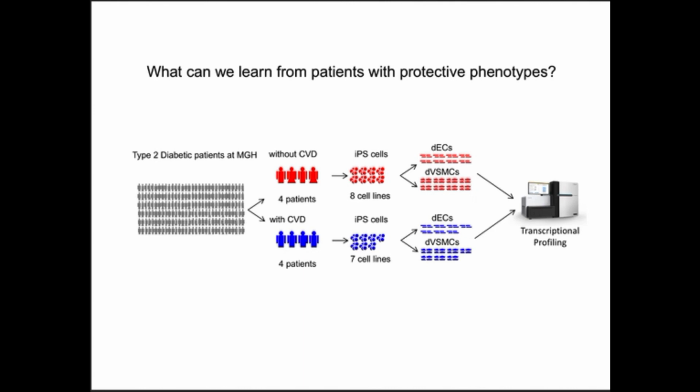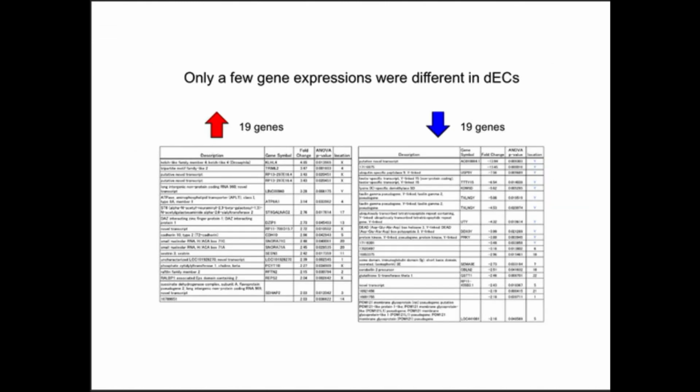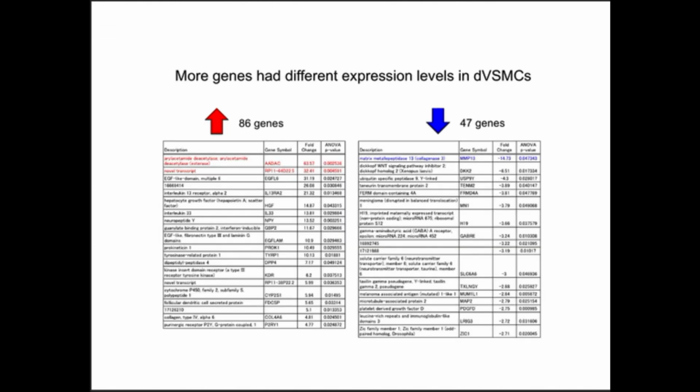The first thing that came back was the work that we did on endothelial cells. And I've got like 5 different ways in which bioinformaticians have looked at this. The bottom line is we didn't see anything that was statistically significantly different between one population of endothelial cells and the other population. So I was like, chalk it up, we're just going to lose, this isn't going to work. But then we looked in the vascular smooth muscles. And in this one, finally, we saw things that were statistically significantly different.